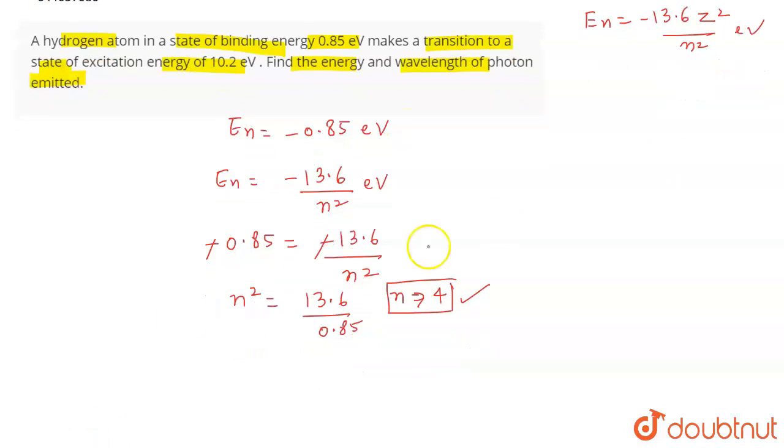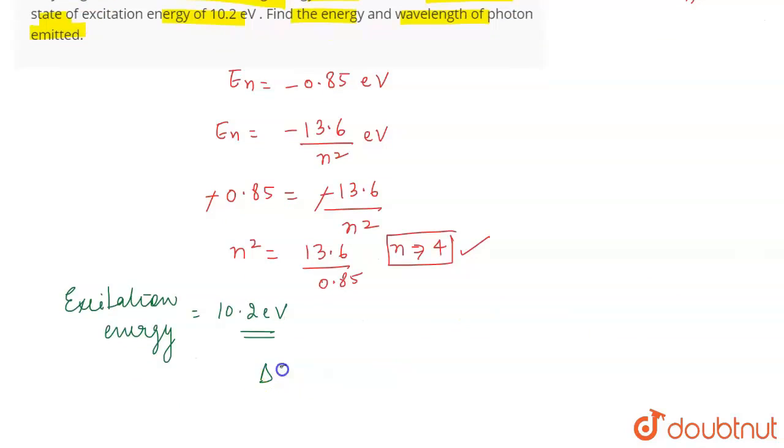Now, the excitation energy given to you is 10.2 electron volt. So we will make an assumption here that the excitation is taking place from the ground state. It means that the lower energy level we will assume as 1 and the higher energy level is what we are going to find out. It will be the delta E, the change in energy. That will be equal to